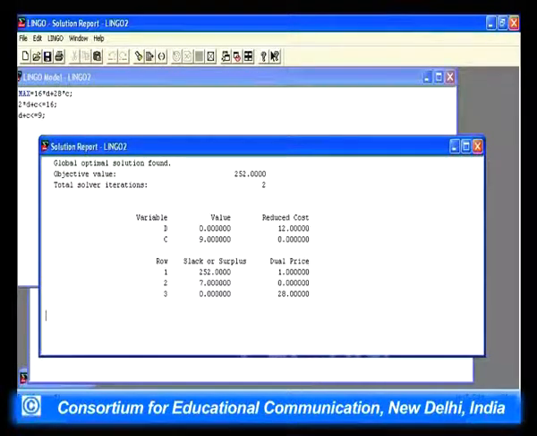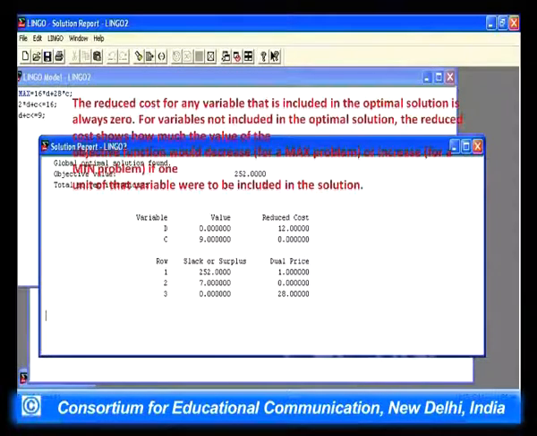Now I'll give you the meaning of the value, the meaning of reduced cost, and what is slack or surplus. The first portion, the reduced cost, which is written in the third column. Just see. The reduced cost for any variable that is included in the optimal solution is always 0.